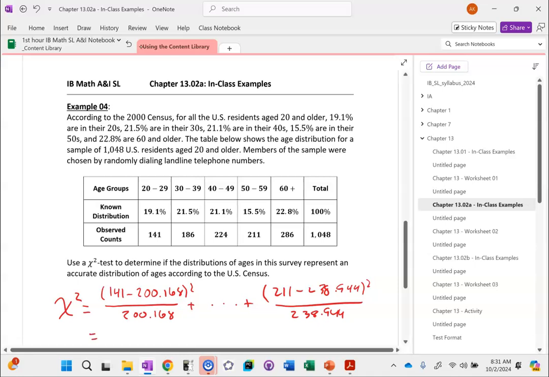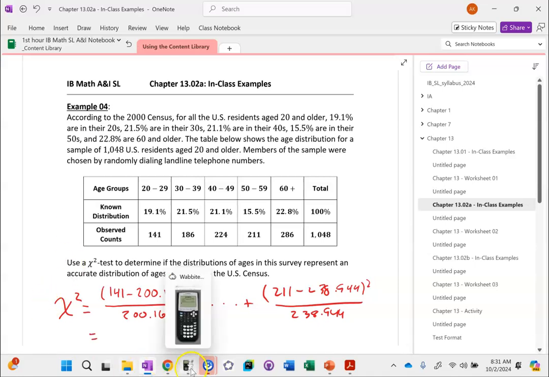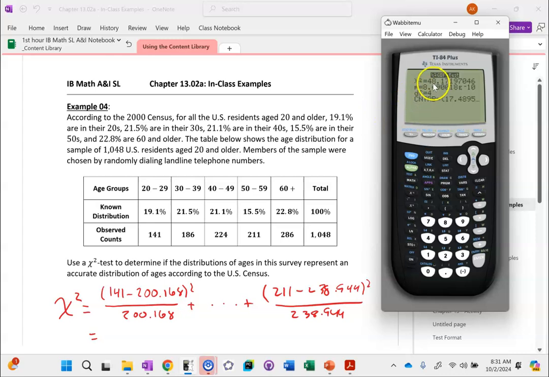And then I would just say equals, and I'd use my calculator to say it was